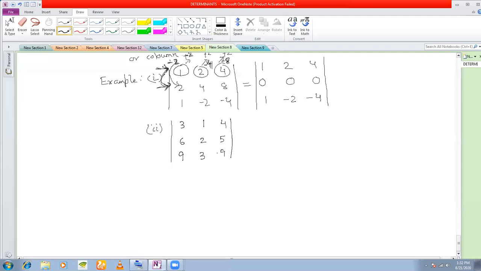This determinant. Okay. Now, if you see in this determinant, good afternoon, sir. Good afternoon. Now, if you see in this determinant,